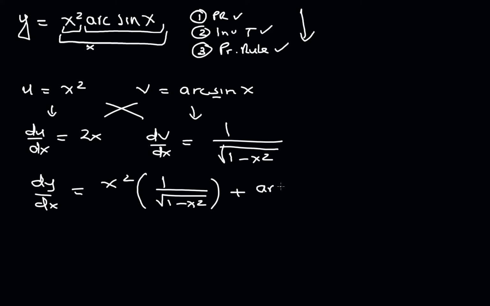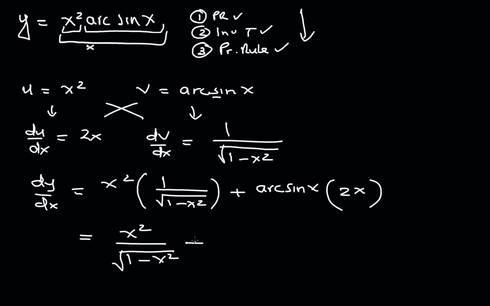This is going to be arc sine x, and then we're going to have 2x. So this is going to be x squared over the square root of 1 minus x squared, then plus 2x